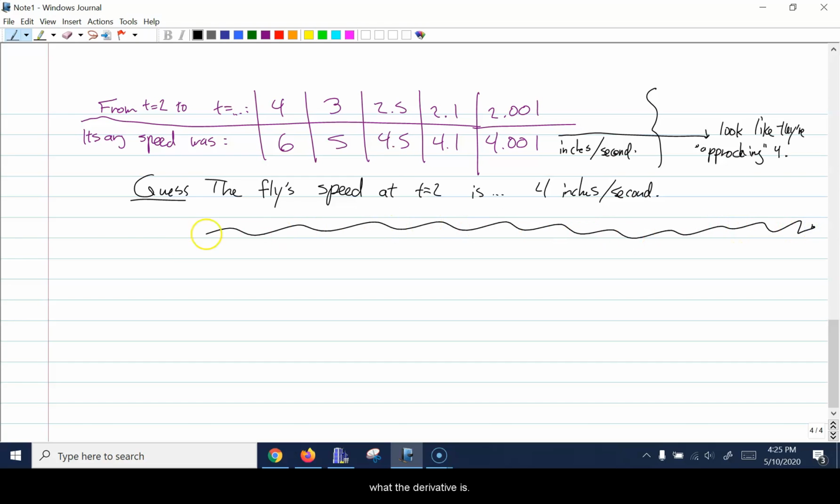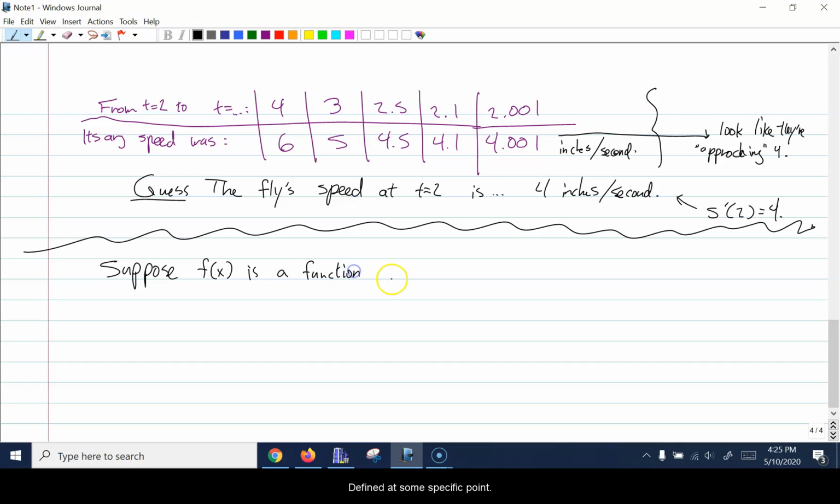And this is what the derivative is. In this context, we're going to say s prime of 2 equals 4. Let's state the definition of a derivative. The derivative, or let's say, what do we need to take the derivative of? We need a function defined at a point. Suppose f of x is a function defined at some specific point and defined near that point, some point that we will call x naught, x sub 0, the